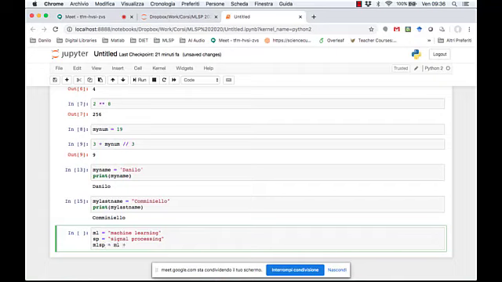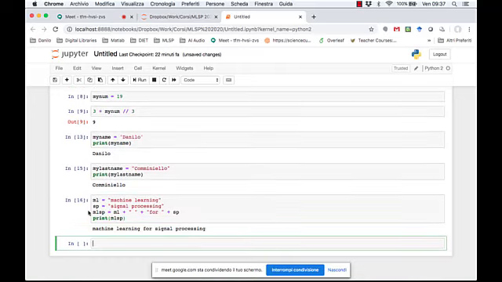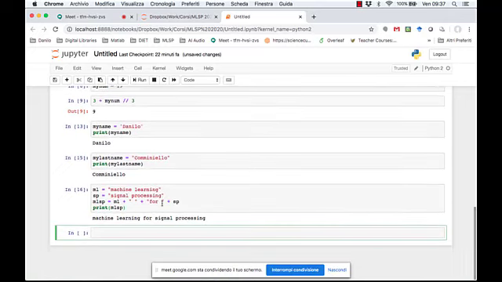You can write some blank space and some other string, and you have the result, which is machine learning for signal processing. So you can use the concatenation as you want. If you want to write some repetition,